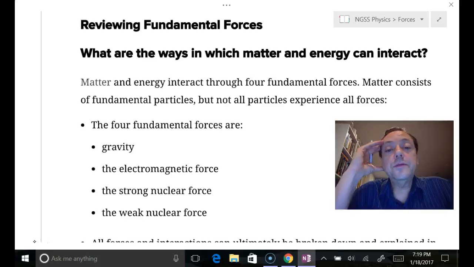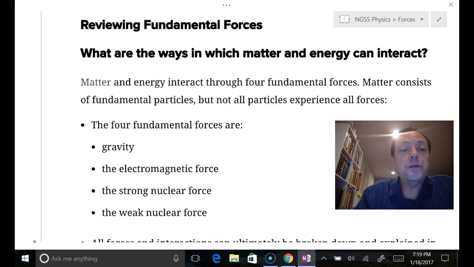For example, if I have an electrically neutral particle like a neutron, it's not susceptible to the electromagnetic force, specifically any electric field. The four fundamental forces are gravity, the electromagnetic force, the strong nuclear force, and the weak nuclear force. If I arrange these in ascending order from weakest to strongest,